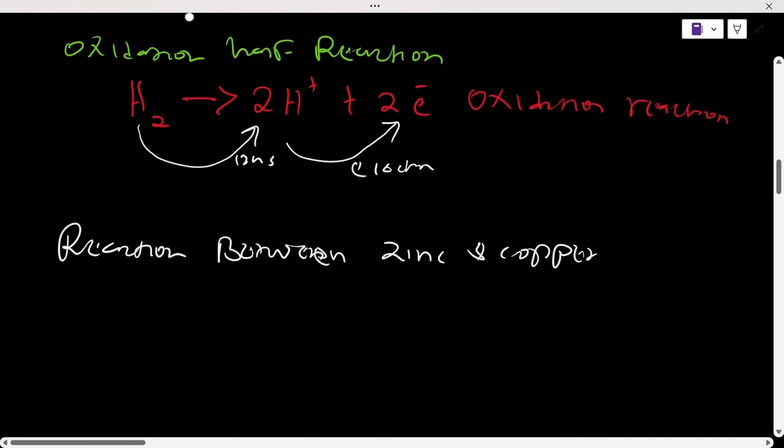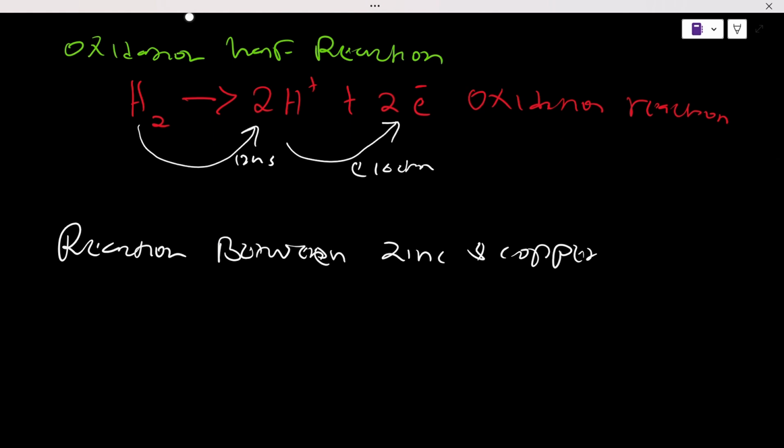Most of the time, metals and metals cannot really react, but based on the reactivity series, I can bring in a more reactive element. So I'm going to bring a situation whereby copper